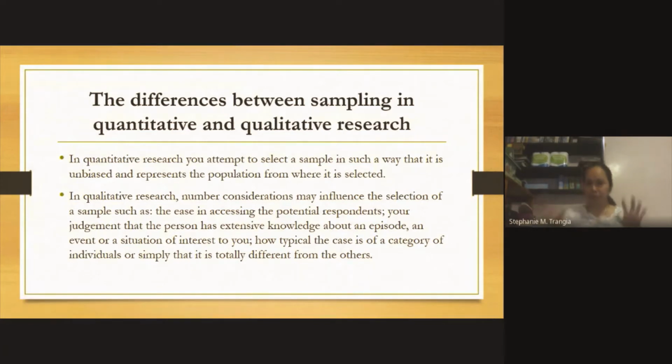So it's different. Quantitative research tries to select a sample in a random way, in an unbiased way. As much as possible, everyone in the population should have an equal chance of being selected. That is quantitative research. Whereas in qualitative research, sometimes we look at how accessible a person is,